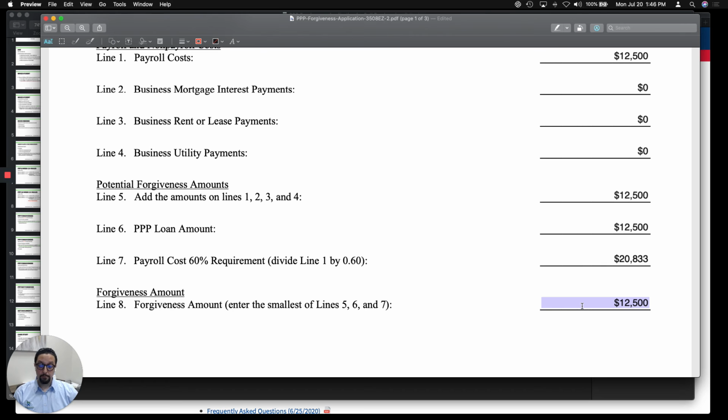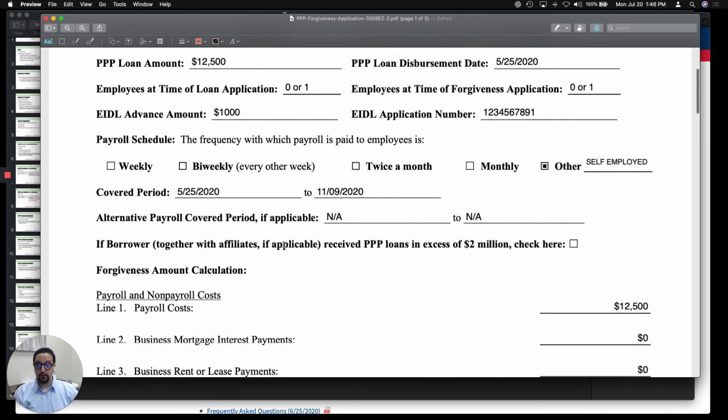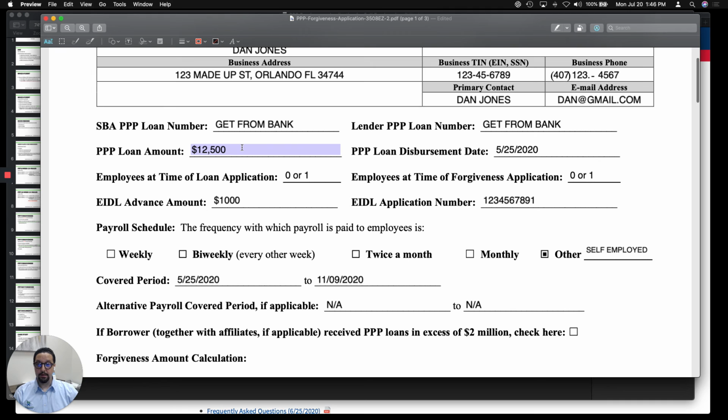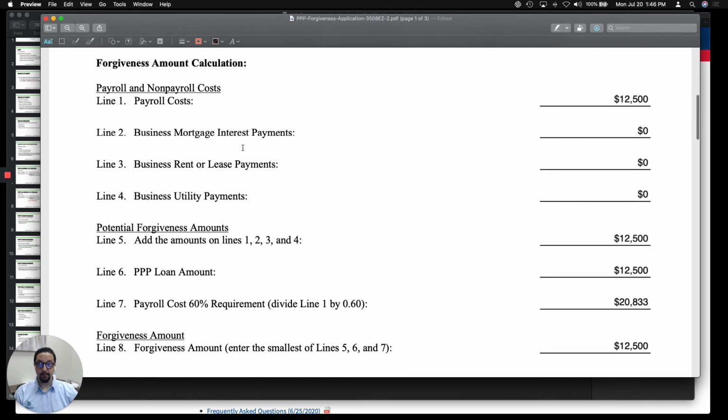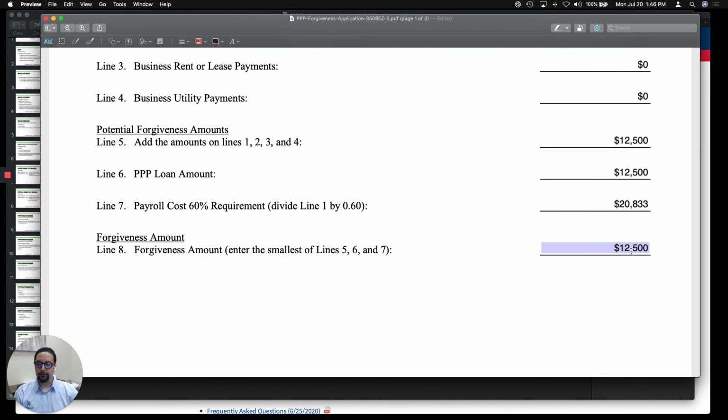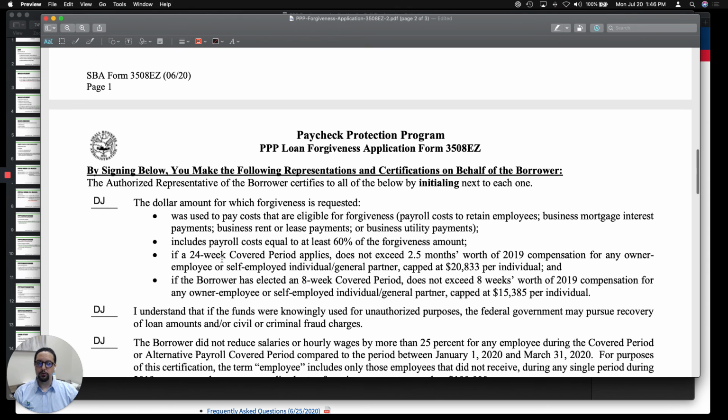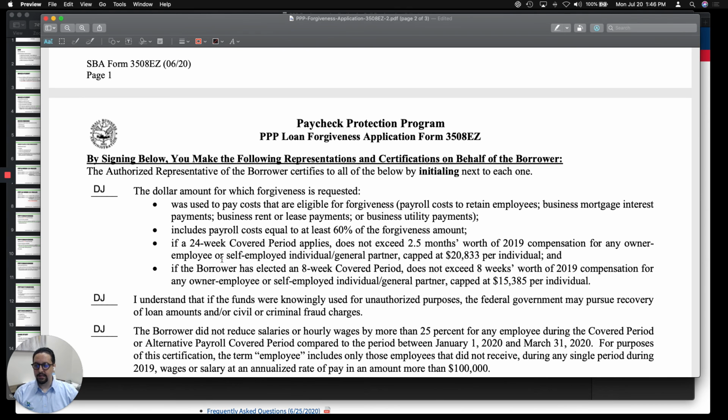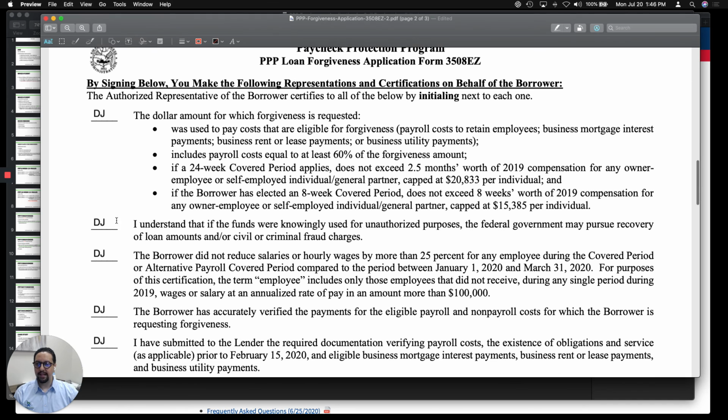Okay, so if the PPP loan amount you got from the bank is the same as your payroll costs, then you're going to get 100% forgiveness. Now, we do know of cases where they got more than they should have, so that portion will not be forgiven. So on the next page of the PPP forgiveness application, the easy form, you just have to put your initials